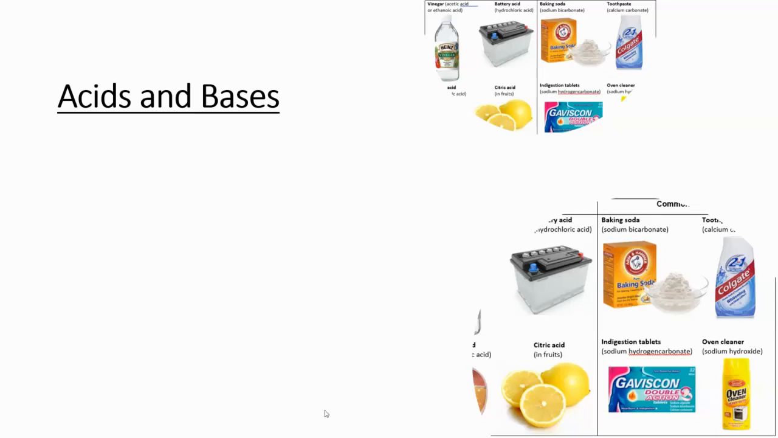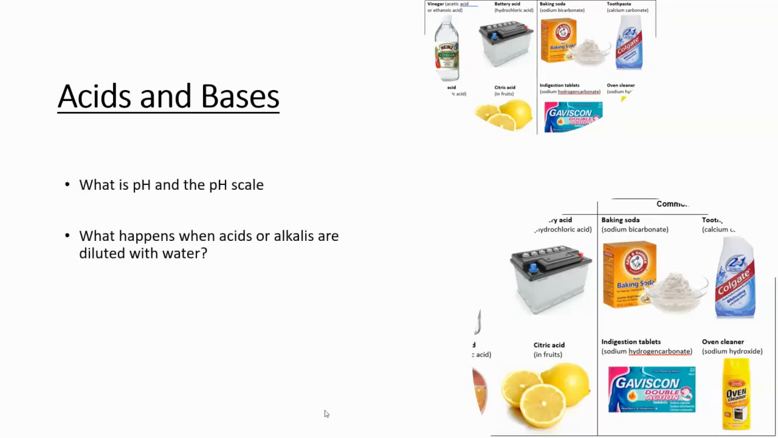In this video, we're going to be looking at pH and the pH scale, and then look at what happens when you dilute an acid or an alkali with water. The term pH is always written with a lowercase p and a capital H. H is the symbol for hydrogen, so that's always written as a capital H, and p just means the power